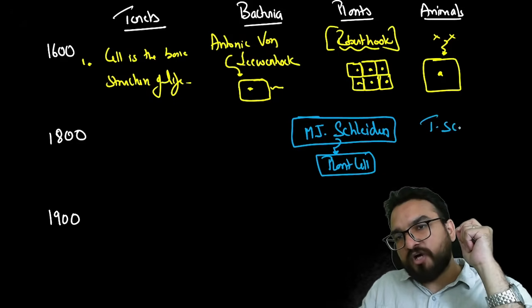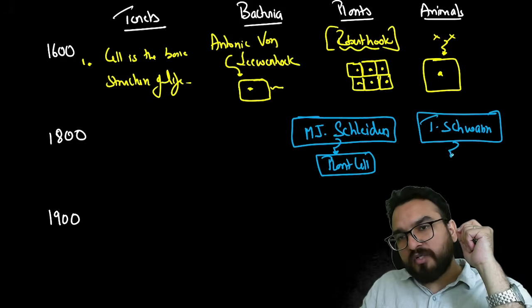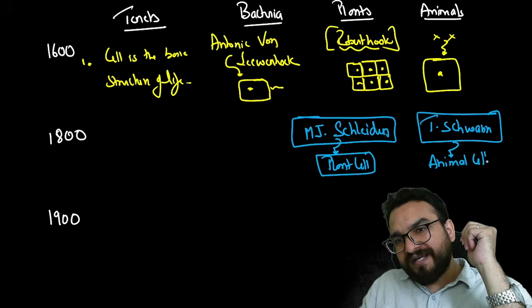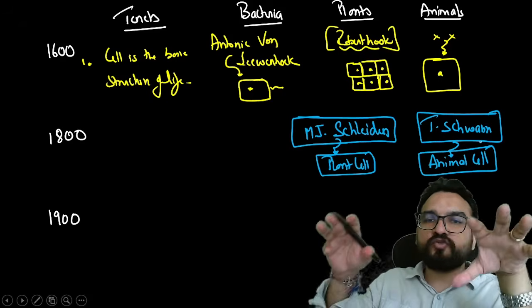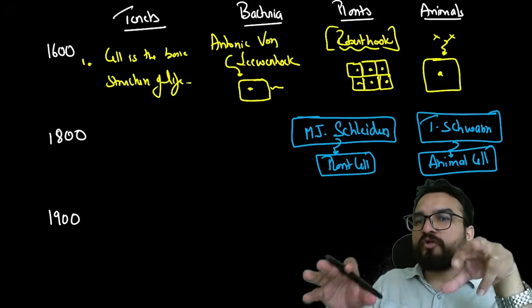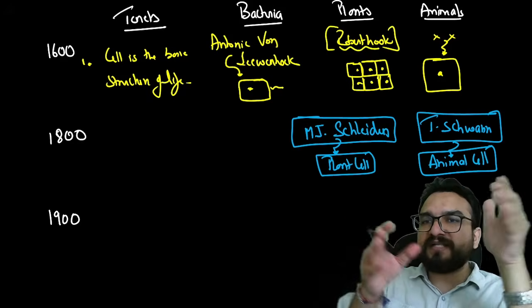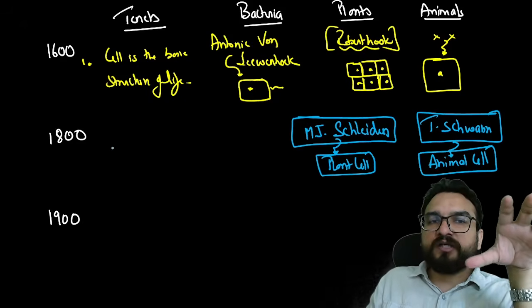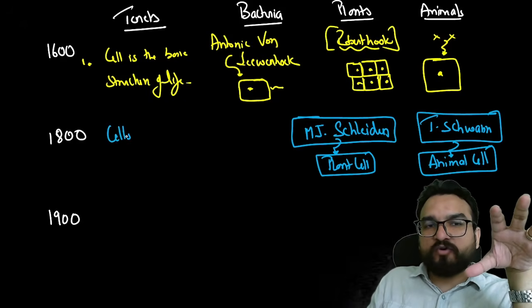Whereas T. Schwann was studying the animal cell. At different times and places, these two were understanding these two kinds of cells. But one thing they concluded by understanding is that plant cell and animal cell are different, but all living beings